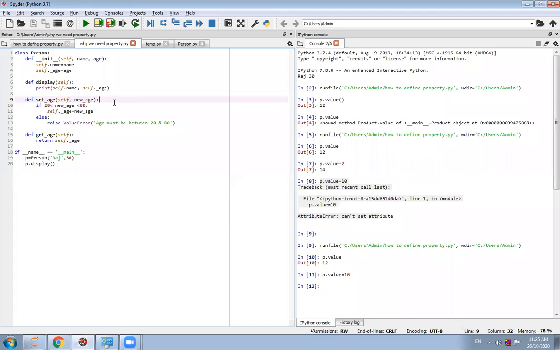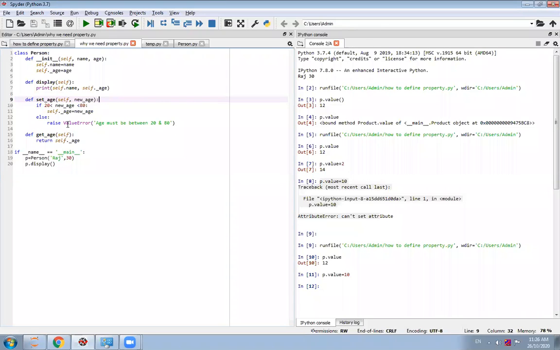If his age is less than 20 or greater than 80, at that time we'll simply raise the error, that is, your age must be 20 to 80. And this is the setter method, and this is a getter method, get age. So simply here we are checking the age, right?